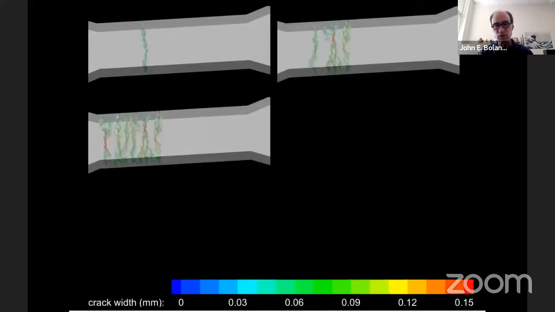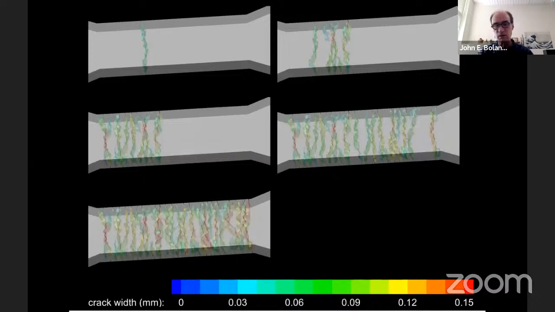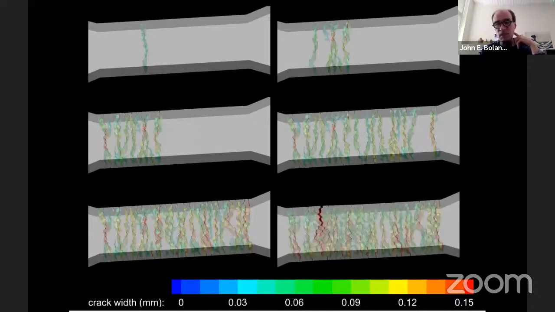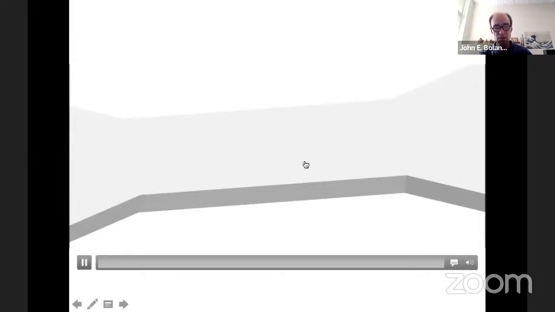And with these discrete methods, you simulate displacement discontinuities naturally such that you can get these closely spaced cracks. This is difficult to do with continuum approaches. Each crack is nicely formed and you don't see damage between the cracks. So the cracks localize nicely. And that's an outcome of using two-node elements, I believe. So that's a good feature of discrete models. Here's an animation of this process.